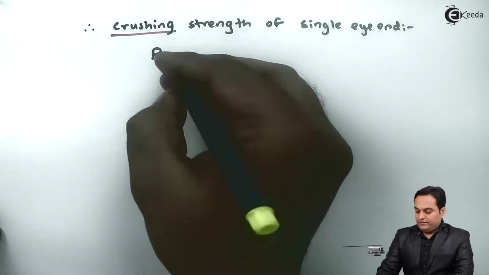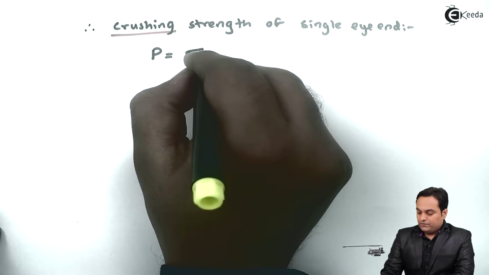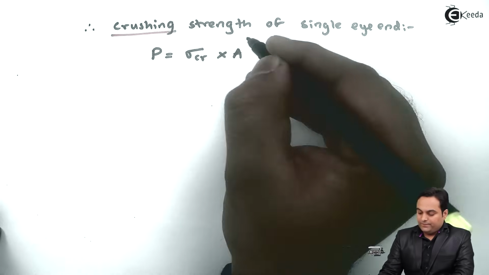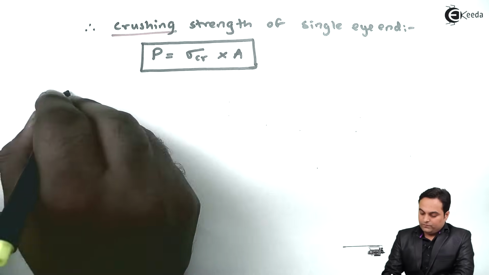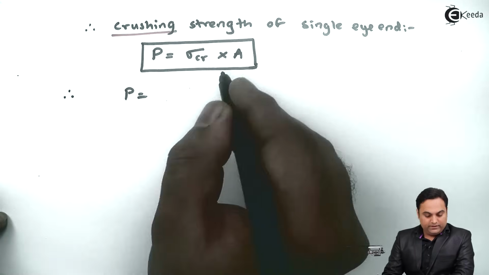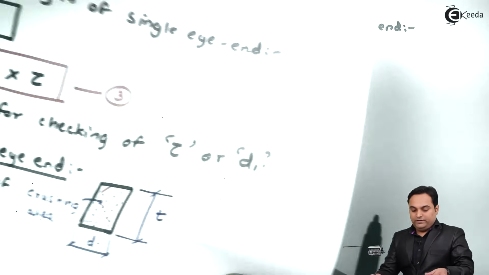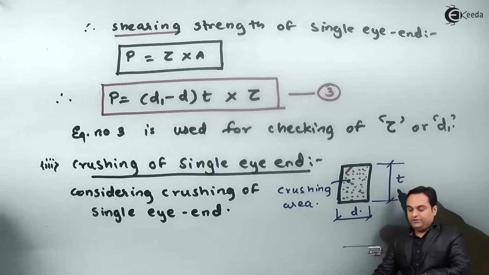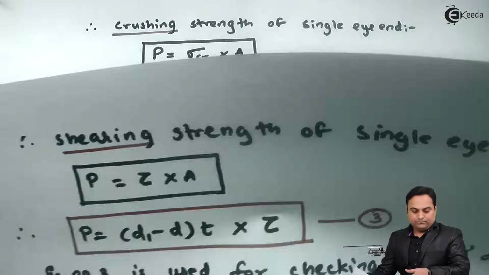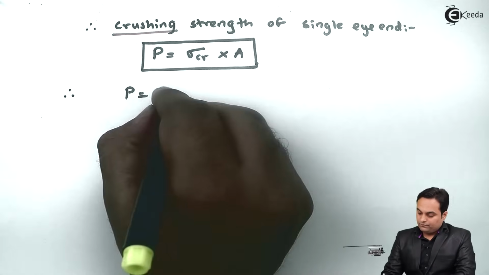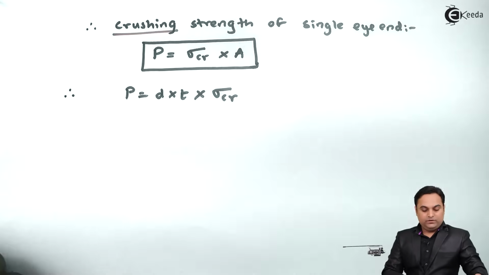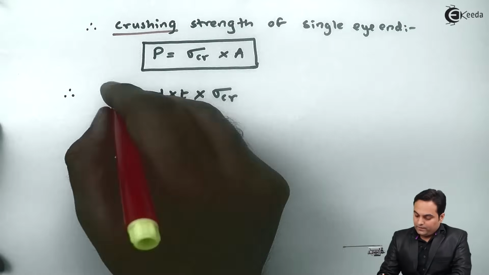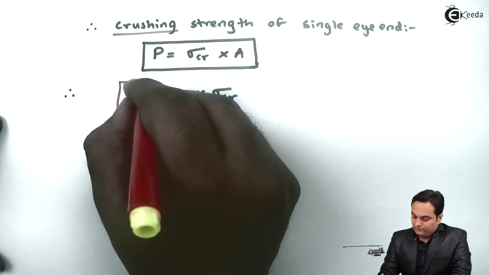So therefore load is equal to crushing stress into area. So therefore area is D into T multiplied by sigma CR. So this is my equation number 4,